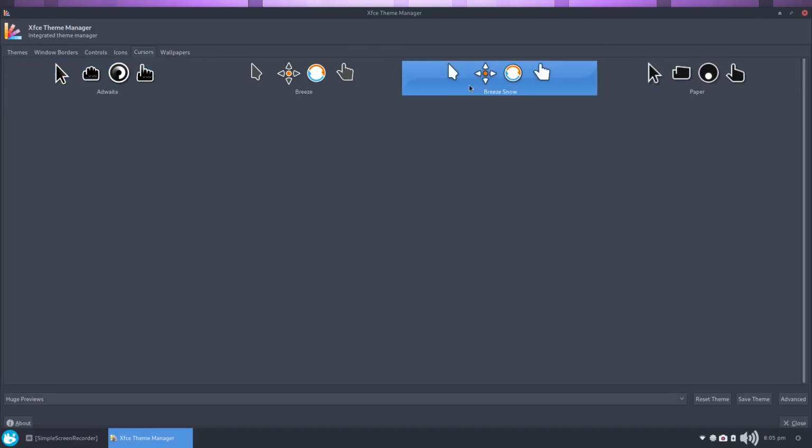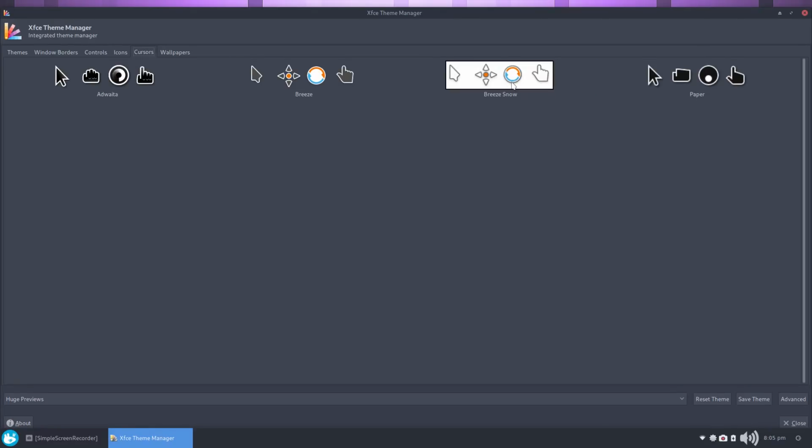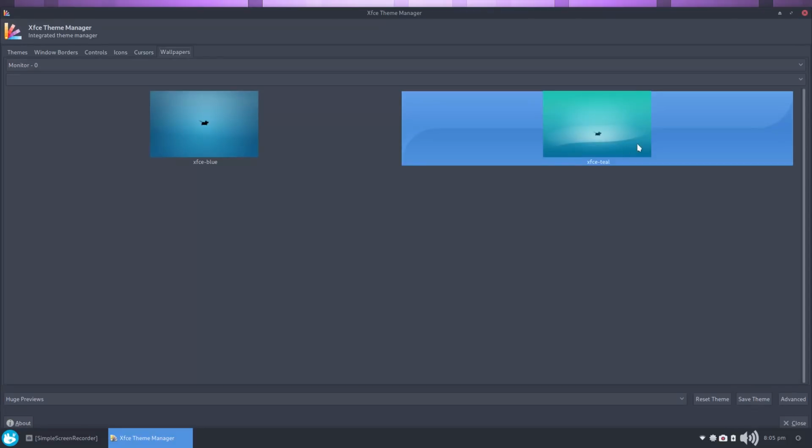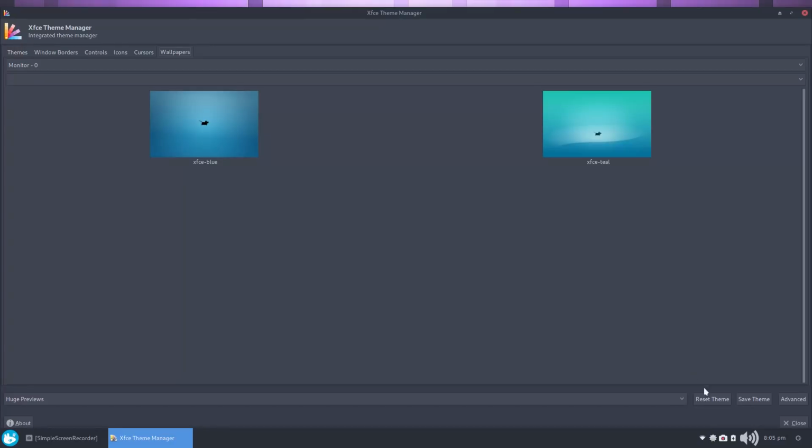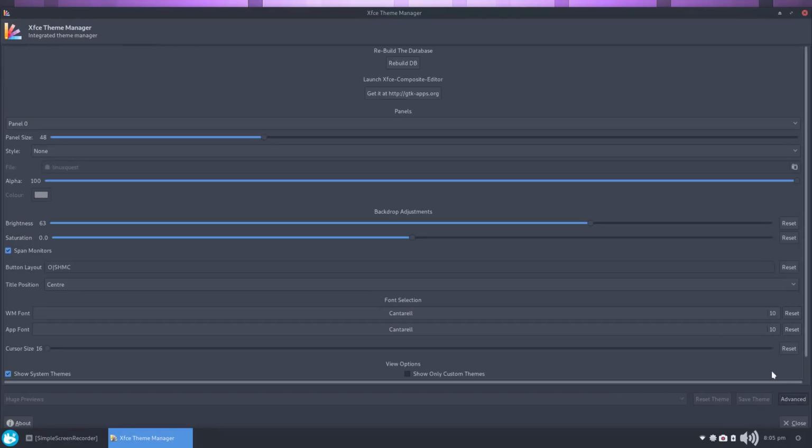So you see here the Theme Manager gives you a little more capability over your theming, so we're going to change that to Breeze Snow. Next up is wallpapers, and there is the default XFCE blue wallpaper. Alright, so you could save this theme or reset this theme, change your previews down here, and then you've got